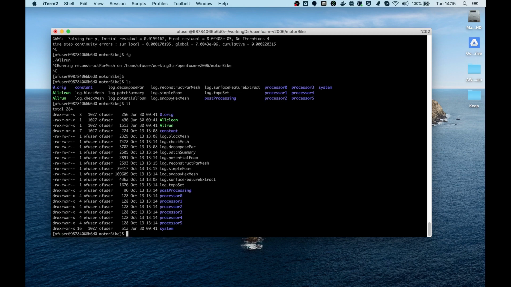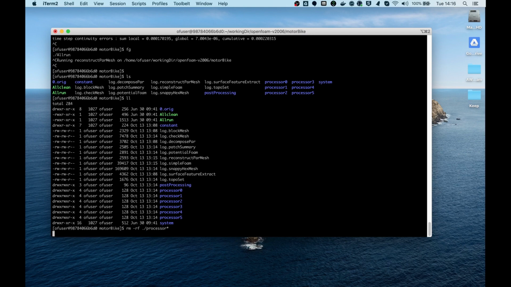Okay, and then I can tidy up this case ready for Epic. As I said earlier, Epic is really focused on the solver portion of the foam workflow. Since the all run script has already created the mesh, this case is good to go, and I've run the solver a few cycles to check everything's okay. So I'm just going to tidy up some of the folders we won't need. So we're not going to need the processor directories because we'll run reconstructPar again on Epic. I'll remove the logs,